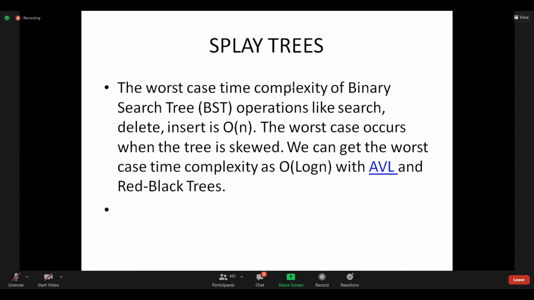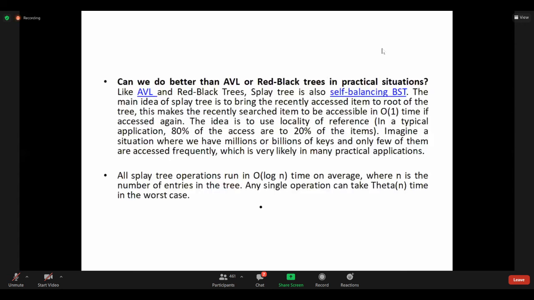Then why should we go for splay trees? What is skewed? When I'm constructing a BST, the new node should be greater than the root node.